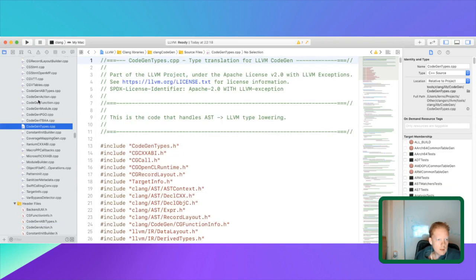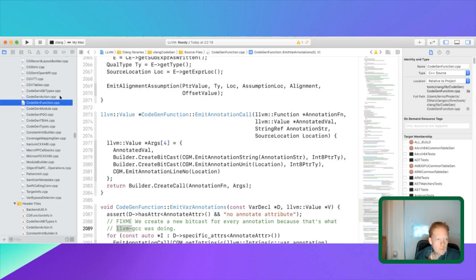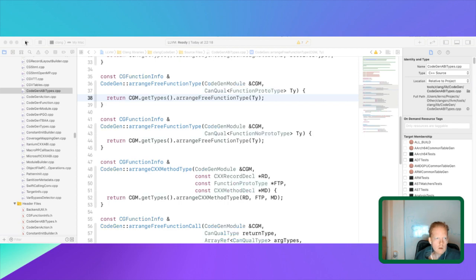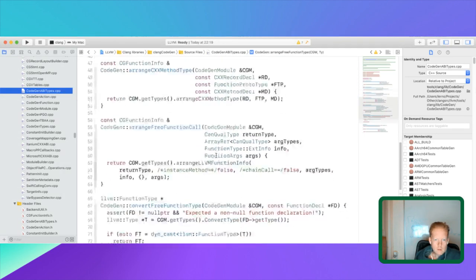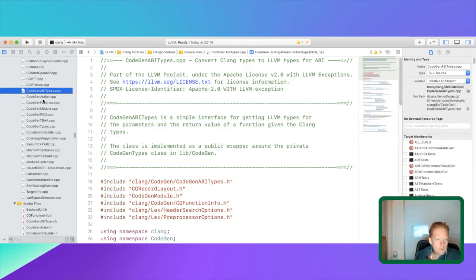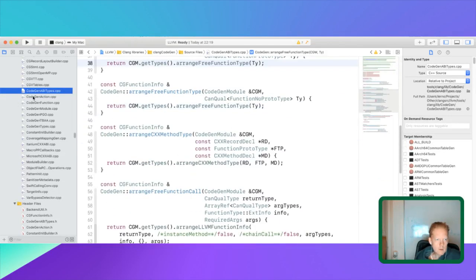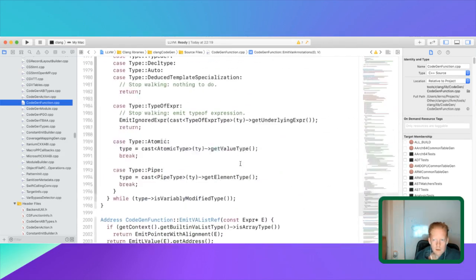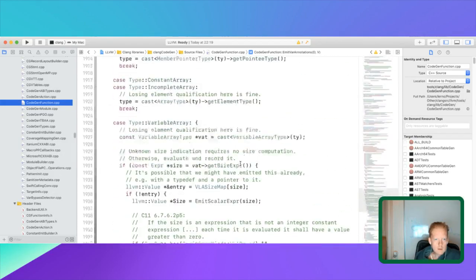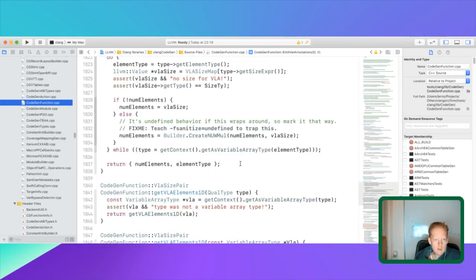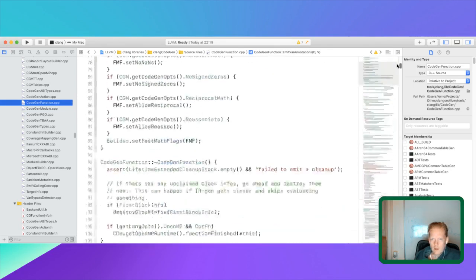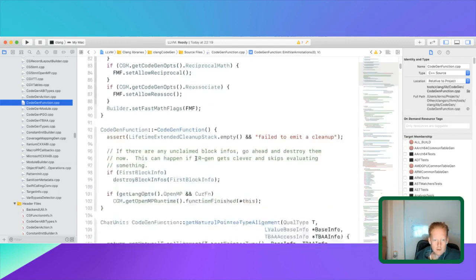Let's go and codegen function something. Gen ABI types. Maybe it's here. Actually, no. No, this is just like a dispatch. Completely meaningless. Right, so, oh here, I think this is like, okay, this is probably it, somewhere here. So,